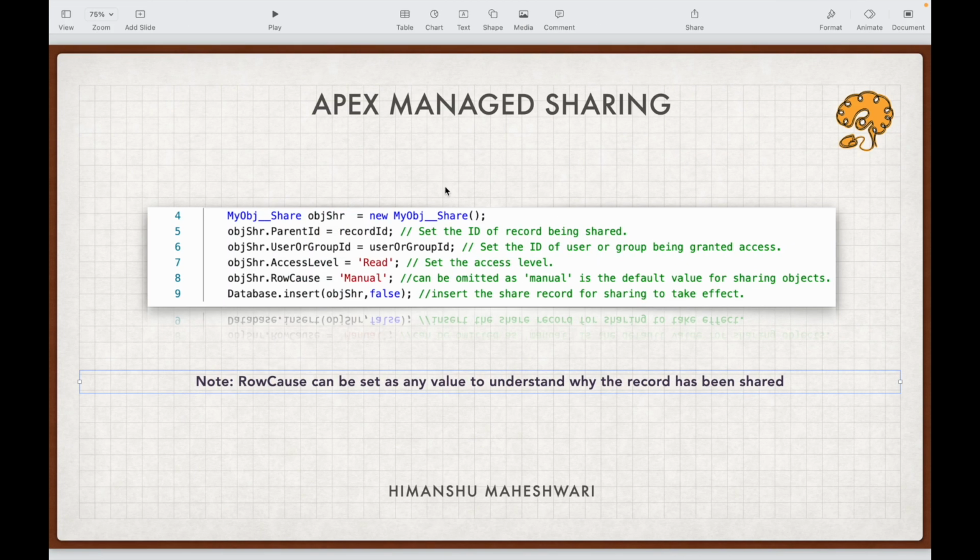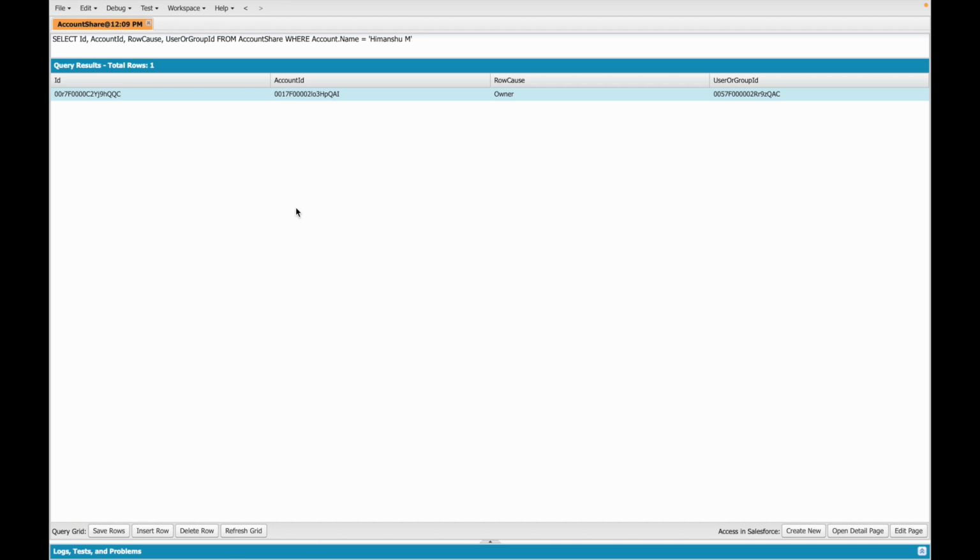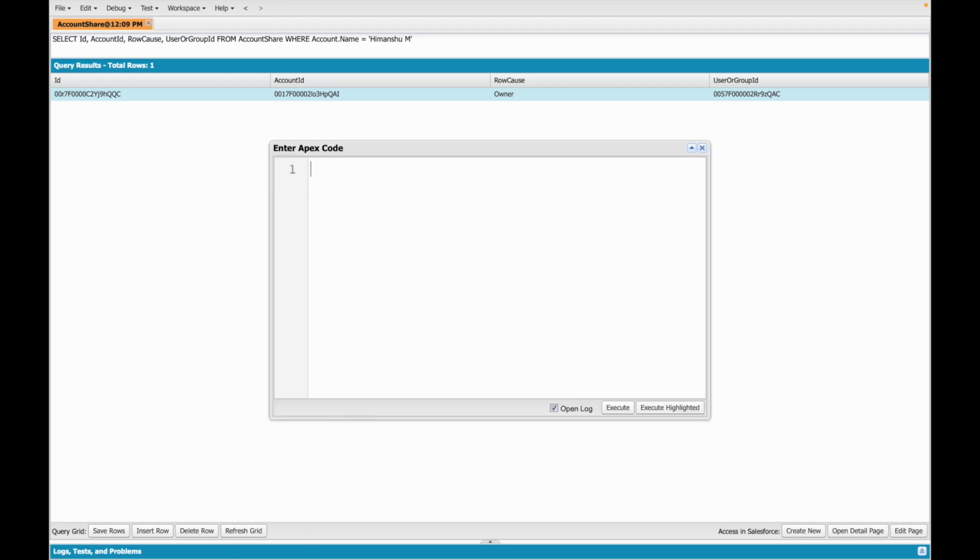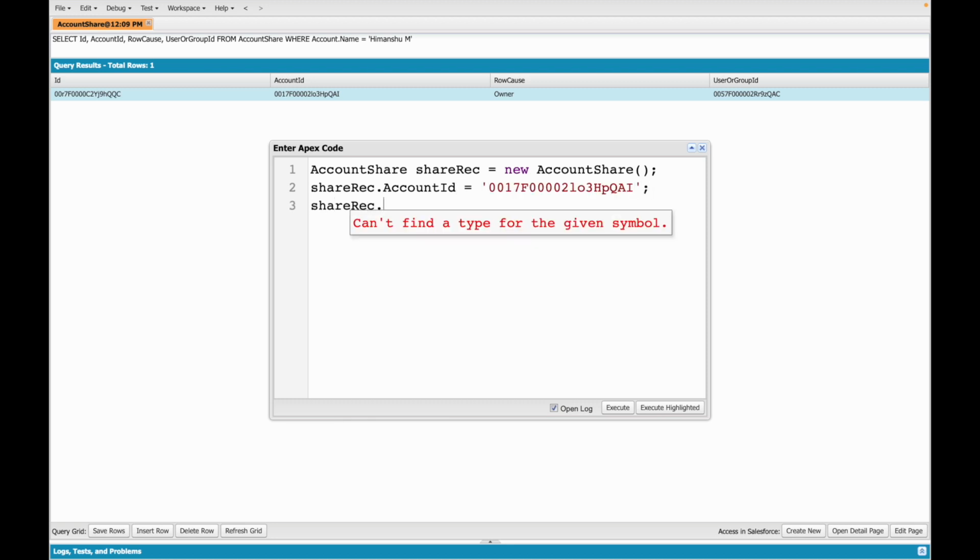Okay. Now, first of all, let's write this snippet. So I'll say AccountShare, and I'll instantiate it. Now shareRec dot, first is the parent ID. Since this is AccountShare, the field will be called accountId. Let me just pick it up from here. I'm just doing a static mapping right now just to show you an entry. Okay, what is the second thing? I want to give a row cause, right? So I'll say row cause